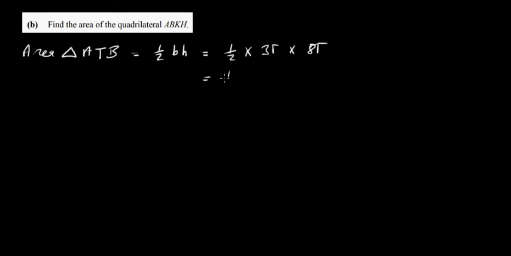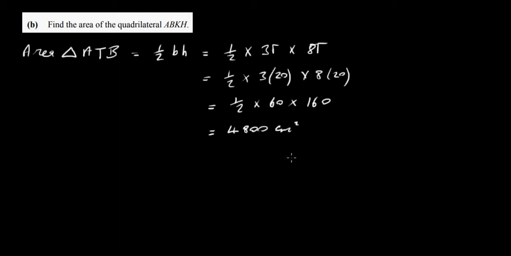So that's half times 3 times 20 times 8 times 20, which is half of 60 times 160, and when you do that you get 4,800